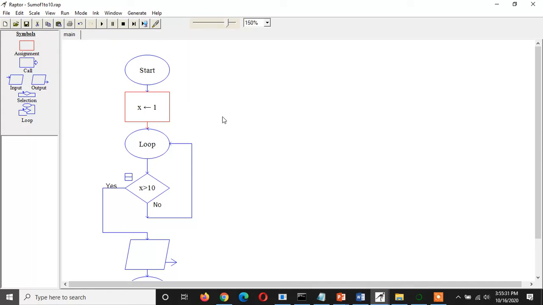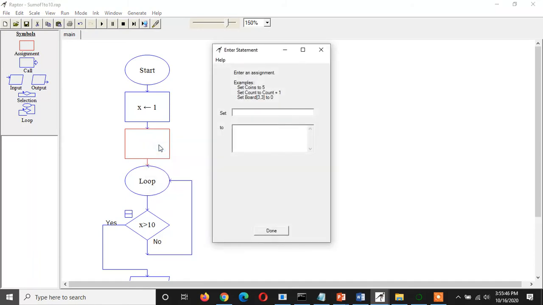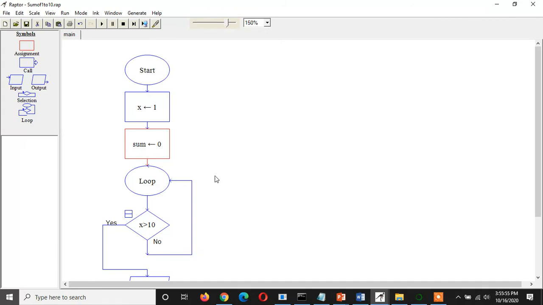So when we have not added anything, at that time sum should be initialized with 0. So that is also assignment, and that's why here I am writing s equal to 0. So I am initializing value s, or let's say sum, with value 0, because initially it should be 0. So we have two initial values of variable x and sum, and that is x equal to 1 and sum is equal to 0.